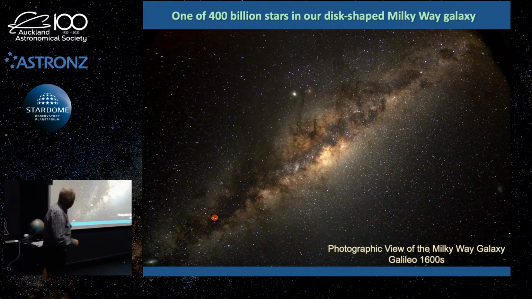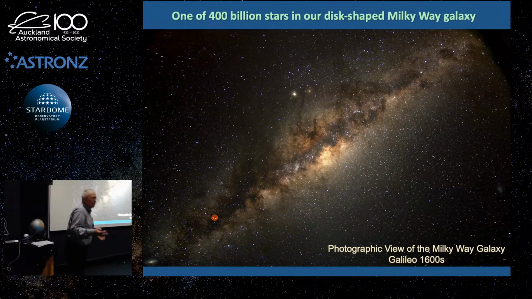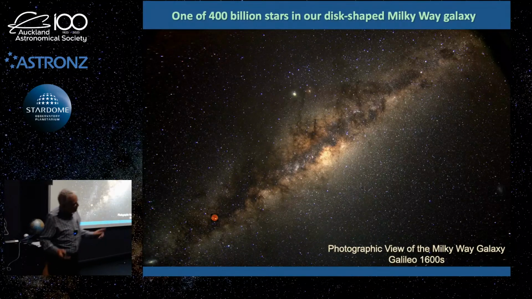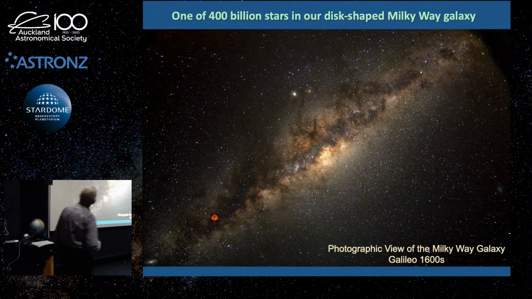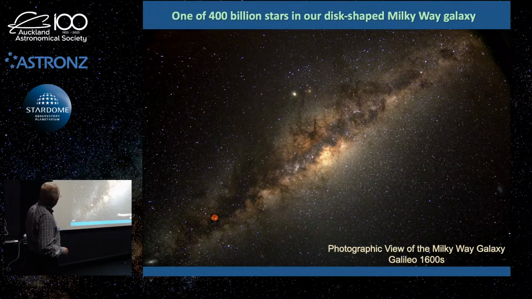And it was Galileo who, in the 1600s, when the telescope was first invented, was the first person to point it up at the sky. It had just been called the Milky Way because it looked like a big blur of spilt milk. But he had the insight to realise that the Milky Way was just millions and millions, countless numbers of stars that are so distant that we couldn't resolve them with our eyes. And of course, he got done for heresy too, didn't he? Because it didn't apply to everything. So that's our Milky Way galaxy.